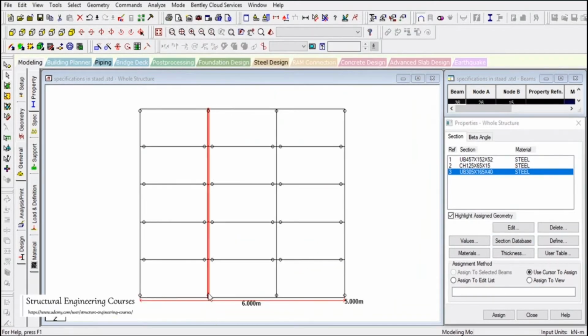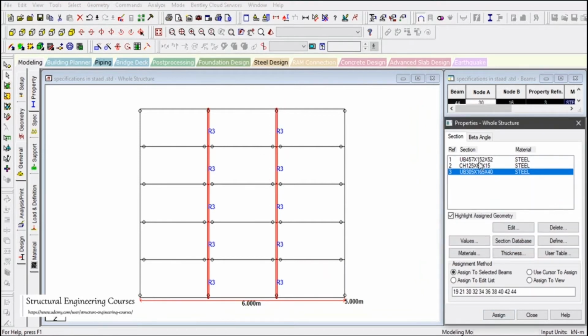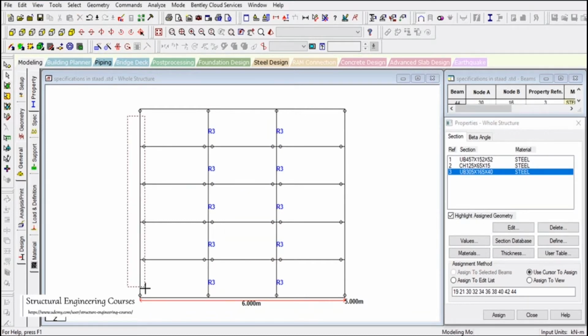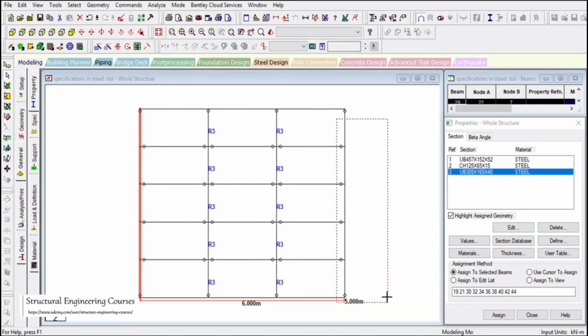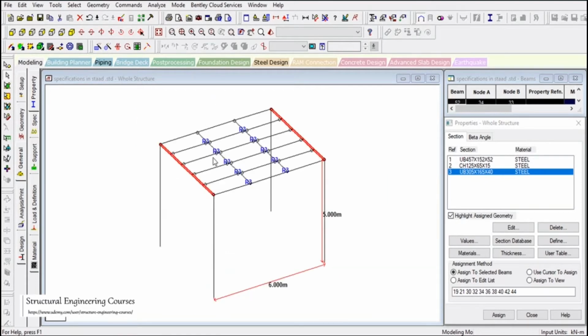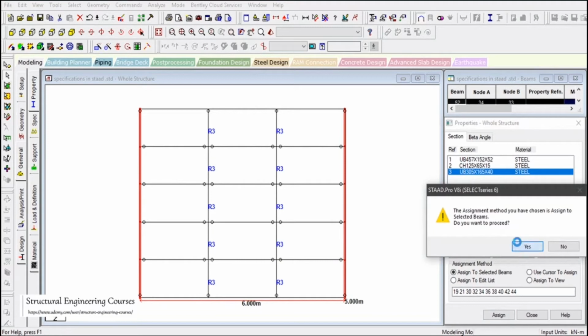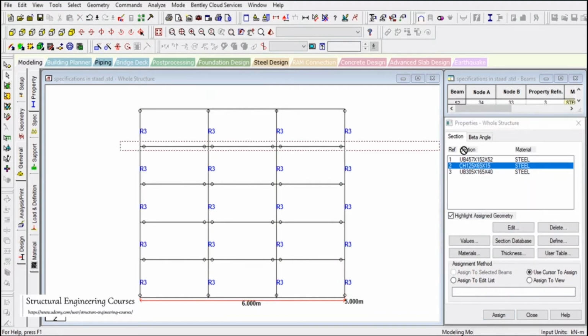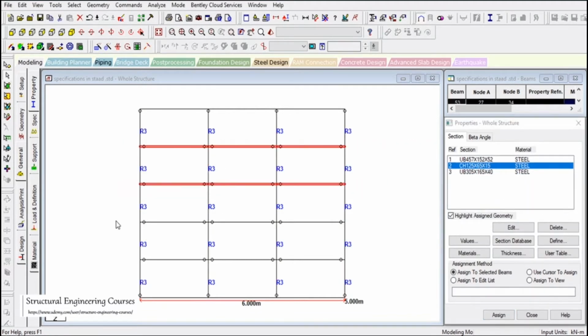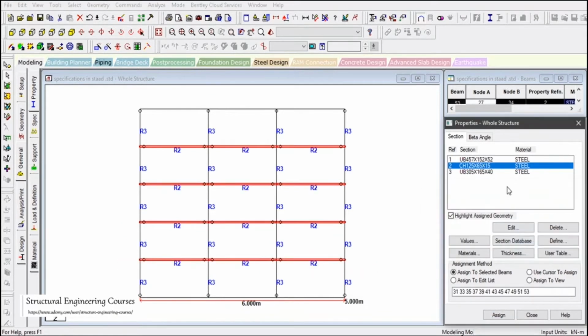So we go to this member and we can select it as UB 305 into 165 into 40. After that, we can select this member also as 305 into 165 into 40. Make sure that you don't select the column while making a rectangle like this. And we can select these small tertiary members as channel of 125 into 65 into 15.